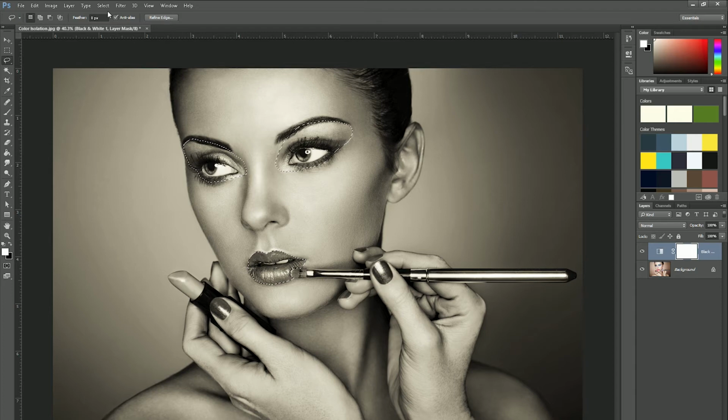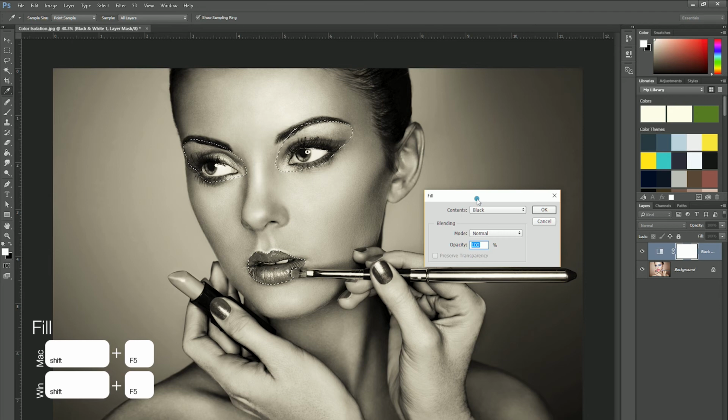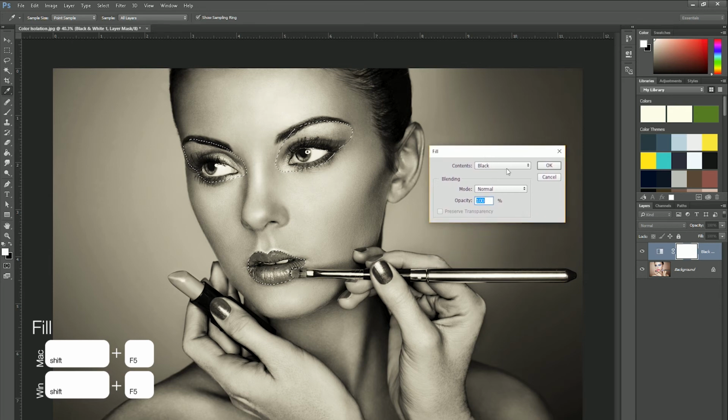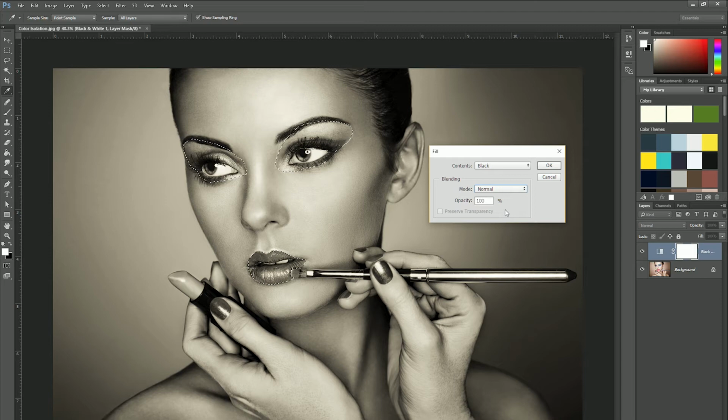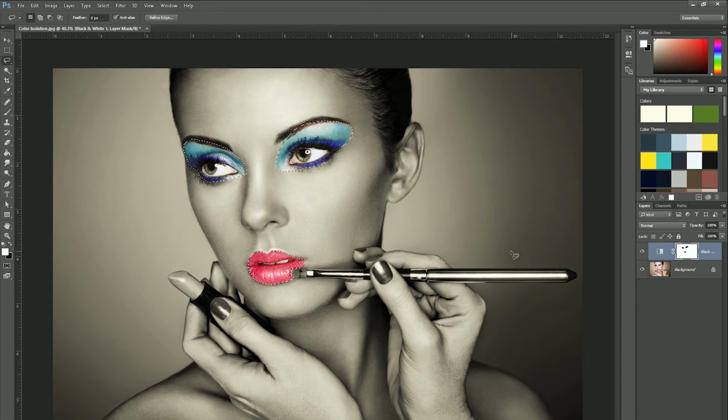So hold down Shift and press F5, and that's going to bring up the fill menu. You want to make sure the contents are set to black, mode normal, and opacity 100%. That's going to make sure we fill that area with 100% black. Hit OK. Now you're going to see immediately that the color from below is going to start coming through the adjustment layer. Let's hit Control D or Command D on a Mac to deselect, and we're going to refine this